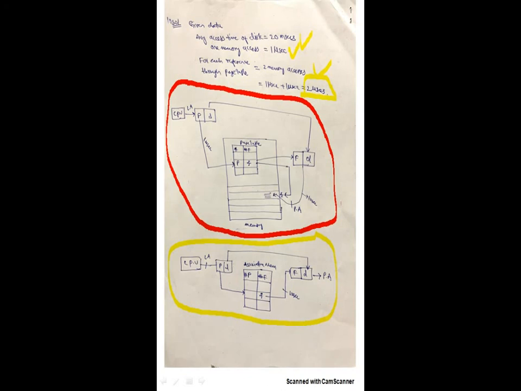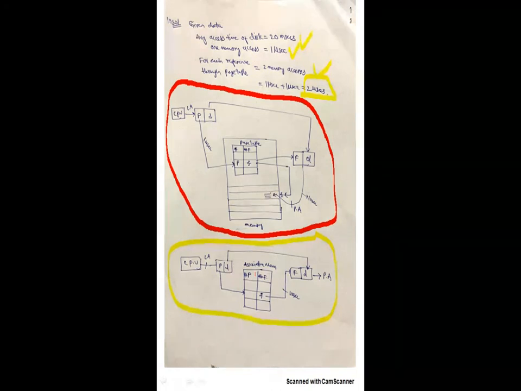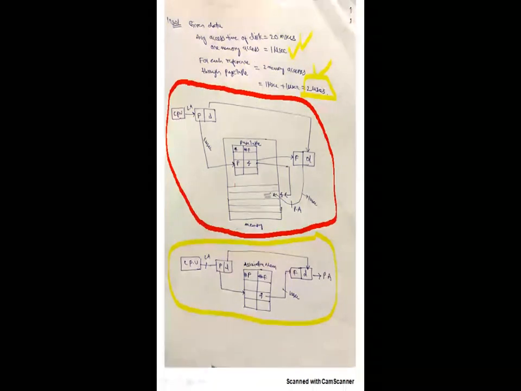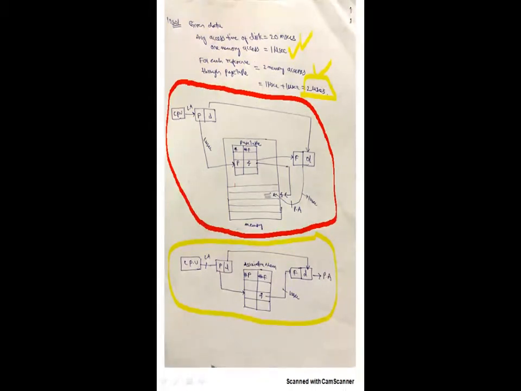So now you have three cases here. Case A: the CPU wants a page and the page is present in associative memory. This is called a TLB hit. Case B: what if the page is not there in associative memory? This is called a TLB miss. In case of a TLB miss, you will check whether this page is present in main memory or not. If it is there in the main memory, we call it a page hit. If it is not, then it is called a page fault. So you have these three scenarios.